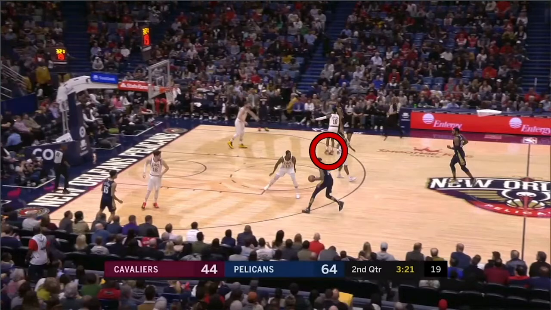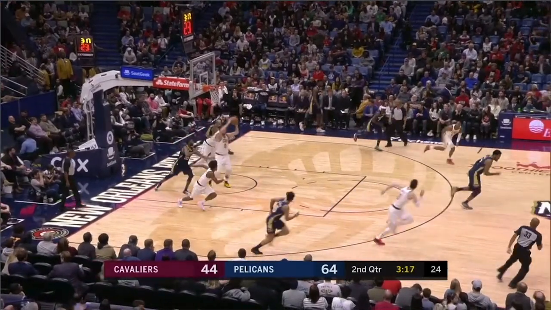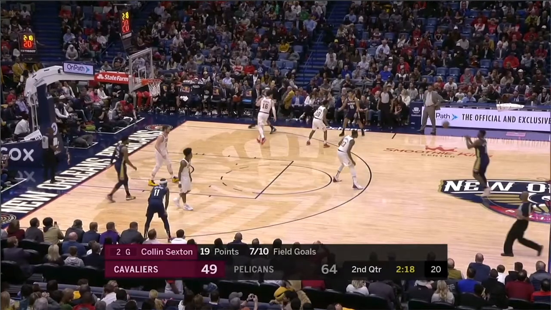So, I mean, the man he's guarding, Derrick Favors, is all the way to here. He can't shoot threes anyways. So when Brandon Ingram comes this way, you're stunting, stopping that driving lane right there, clogging it up, recovering back out. Okay, there's absolutely no reason you're not in the gaps defensively here. But instead, he's going to let Brandon Ingram just split right through, and you see he's getting it right to the rim. Now, Brandon Ingram misses a layup, but again, you're getting lucky. That's bad defense again.